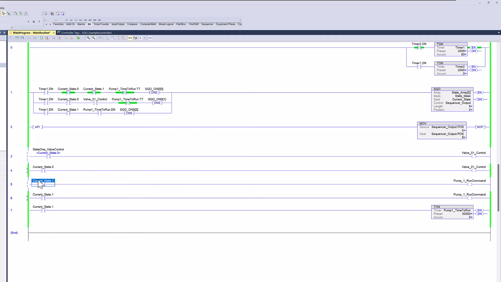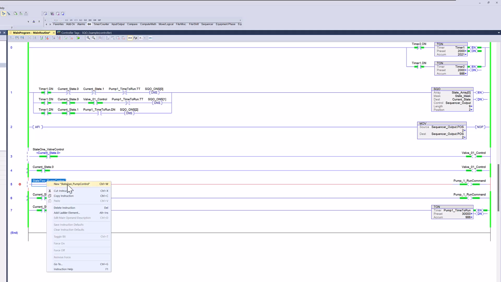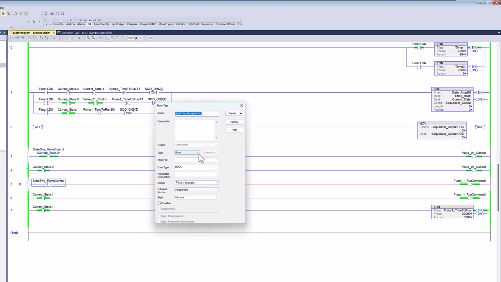So we don't want to edit the tag. What we want to do is completely delete it and then say state 2, and then we'll say pump control. State 2 pump control. And let's make that better. Control. Sorry about that. Now, again, we're going to alias this, so we're going to make a new tag and